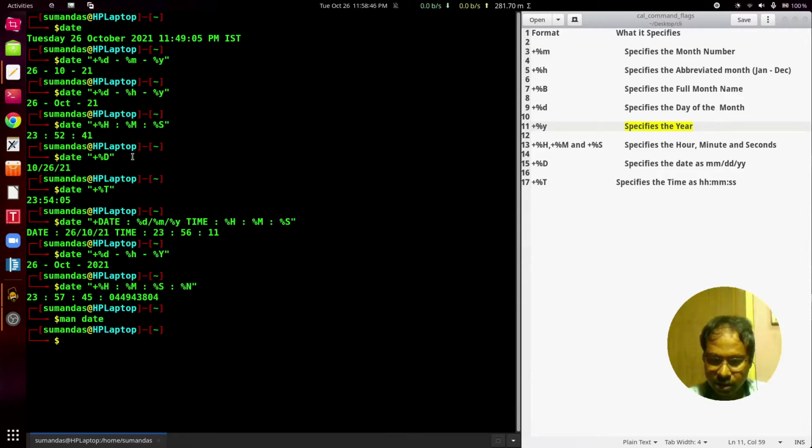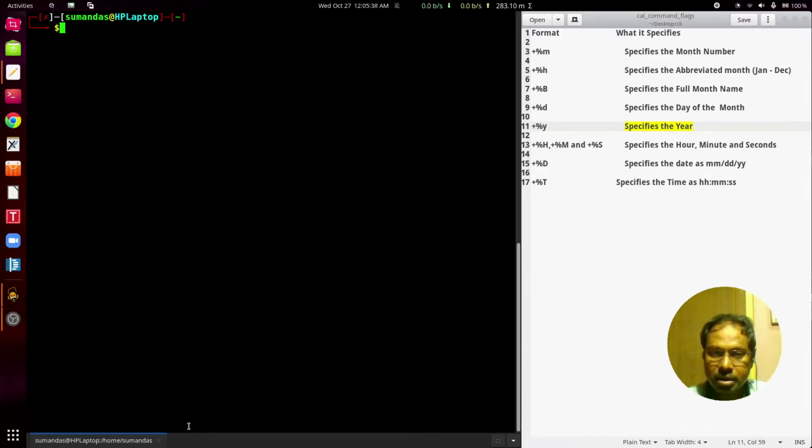Now another thing. What is the other function of the date command? The date command can change the system date also, but as a user I cannot change, or any user cannot change the system date, and for that we have to use root permission.